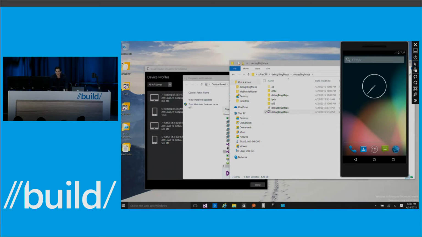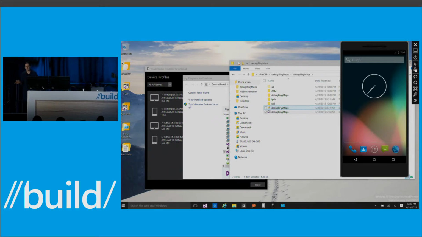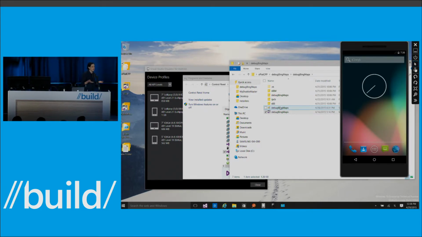OK, so the Android emulator, any of you guys who have built a mobile application across iOS, Android, or Windows today, especially those of you who have done Android development, are probably familiar with the Android emulators that are out there. For the ones that are available and free, they're pretty slow. And for the ones that are good, they're actually quite expensive. So one of the things that we heard from a lot of Android developers was that we should introduce an Android emulator. And that's actually included as part of Visual Studio 2015.